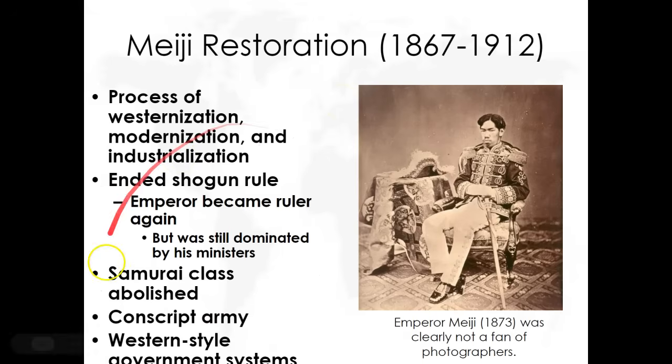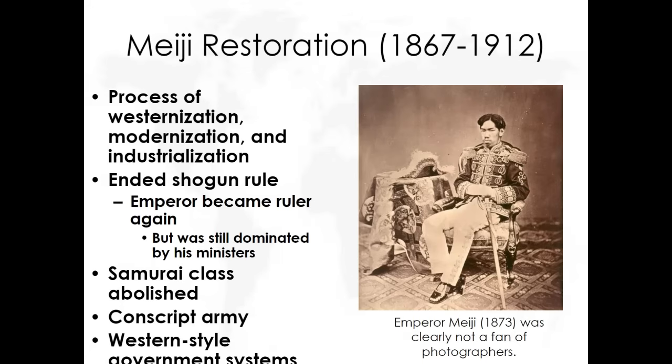So basically what he's going to do is he is going to abolish the samurai completely and make a new military of conscripts and volunteers. A conscript is someone who's drafted forcibly. And they're going to use rifles. They are trained by the United States military, sometimes the German military too. They also are going to start hiring German and British engineers. They're going to start making an outstanding railway network. Again, the British invented the railways, so the Japanese are going to hire British people to make railways for them. So that's westernization, that's modernization, that's industrialization!